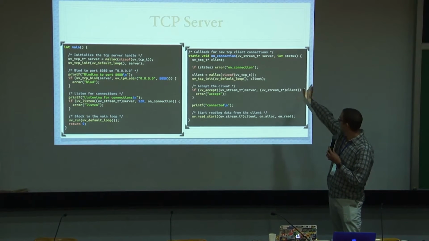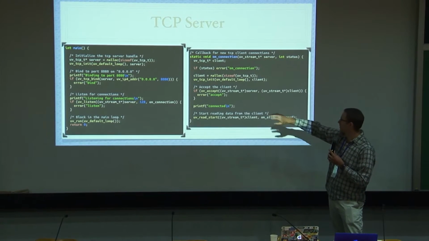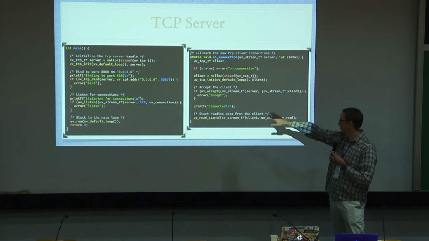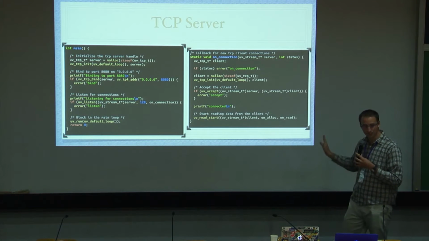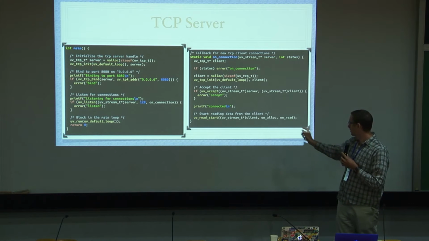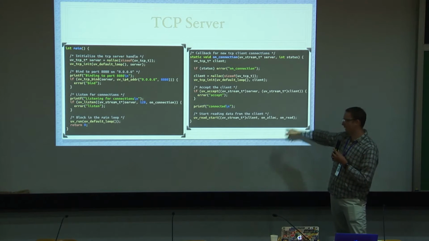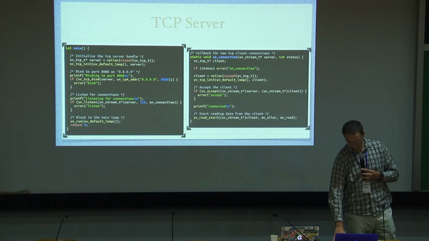And so this is what the on connection looks like. You get a server object, some status. You got to create a client. You have to initialize it. You have to accept the client. All this error handling and typecasting. It's pretty verbose. And then you start reading, and every time a read event happens, you get a read callback,